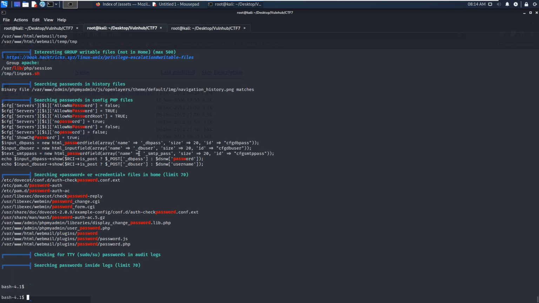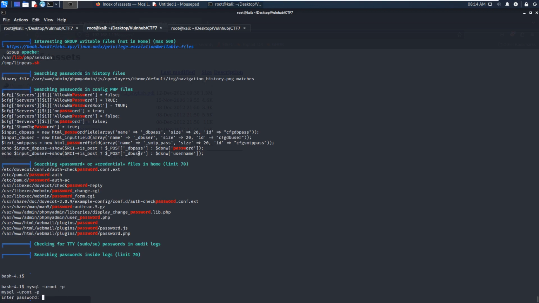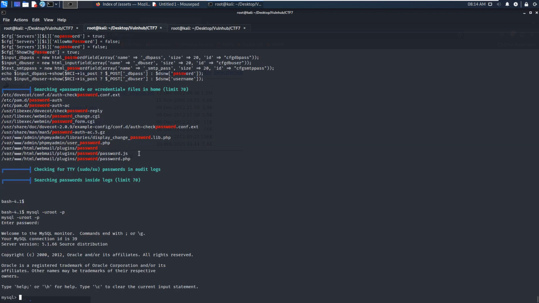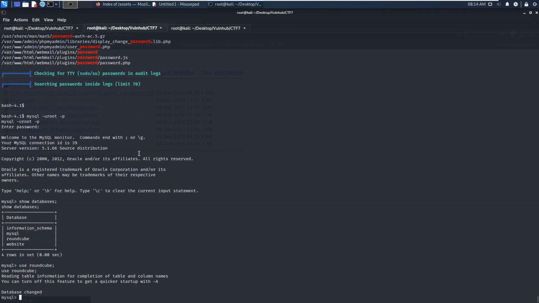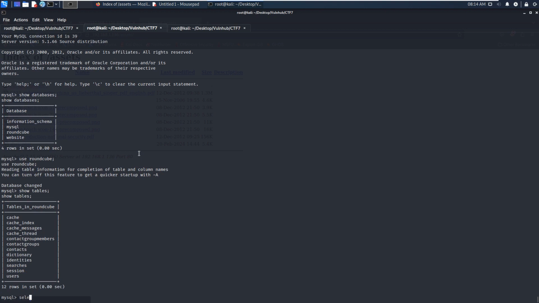So how to do? We just use mysql root, and we do not need to provide a password. Just press enter. As you can see, we are logged into the MySQL database. And then we can show databases. We can use roundcube, show tables, select from users,